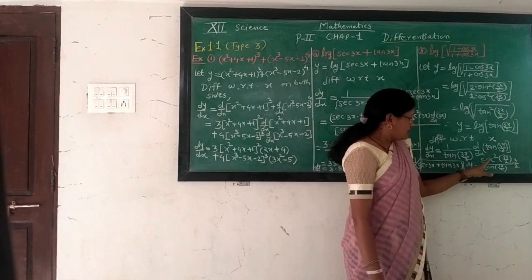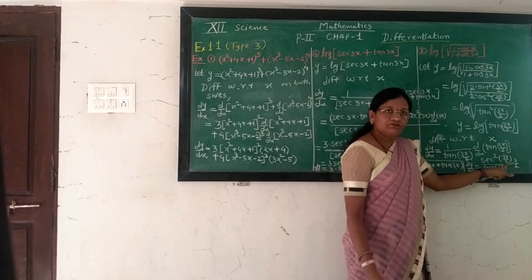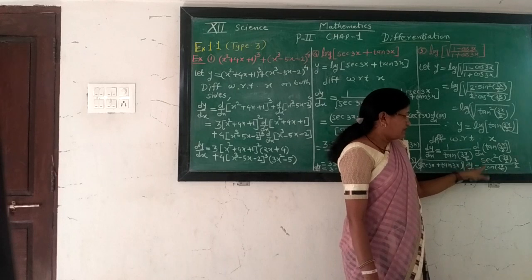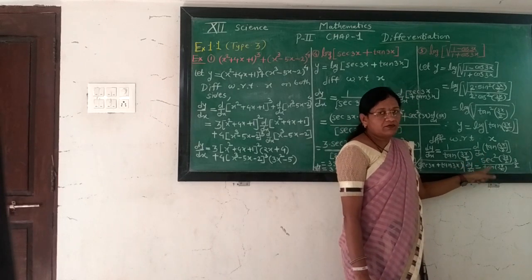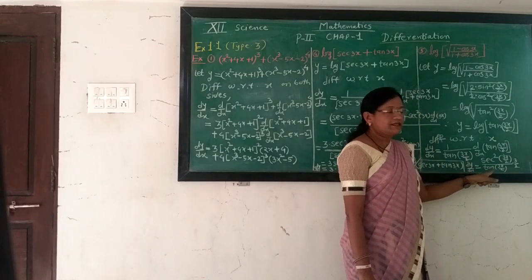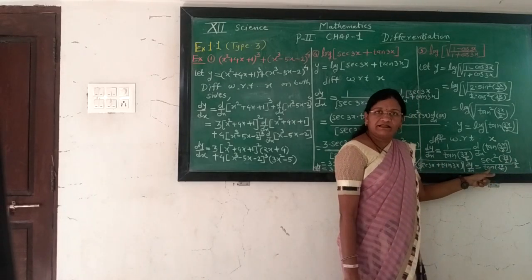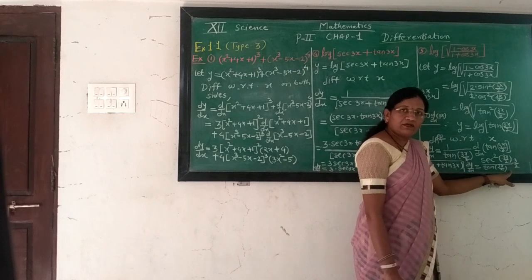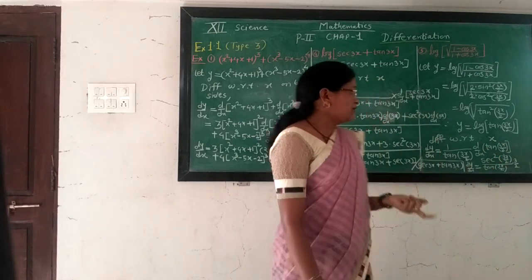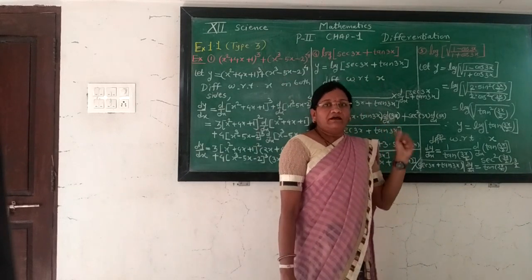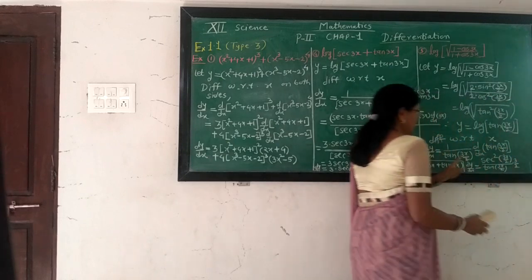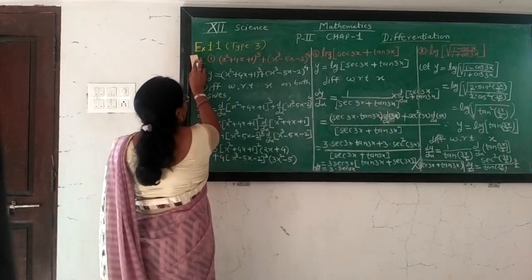Using the result, sec square 3x by 2 is 1 upon cos square 3x by 2, and 1 upon tan means cot. One of the cosine terms is cancelled out here, and taking the 2 as a factor, the term that remains is sin 3x by 2 divided by one cos 3x by 2, giving 2 times sin 3x by 2 into cos 3x by 2. We use the result for the double angle of sin x.